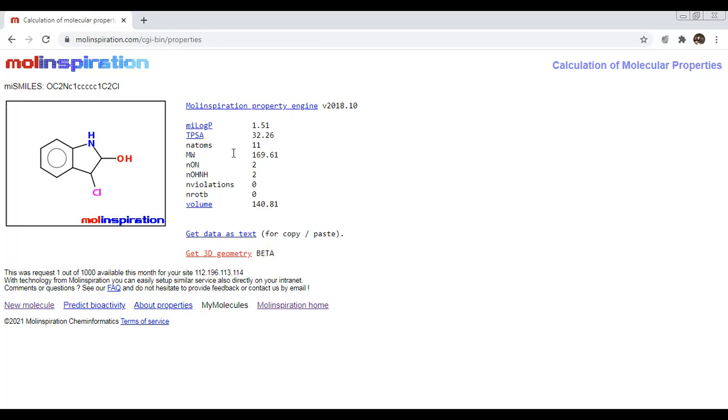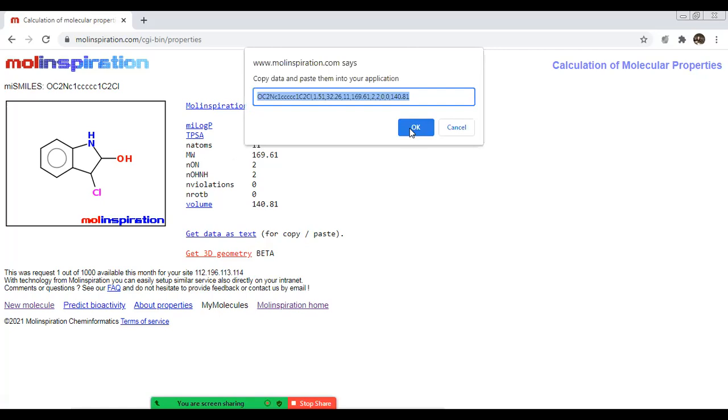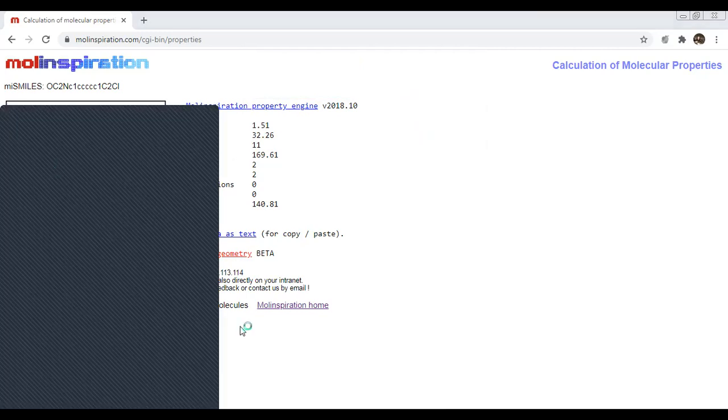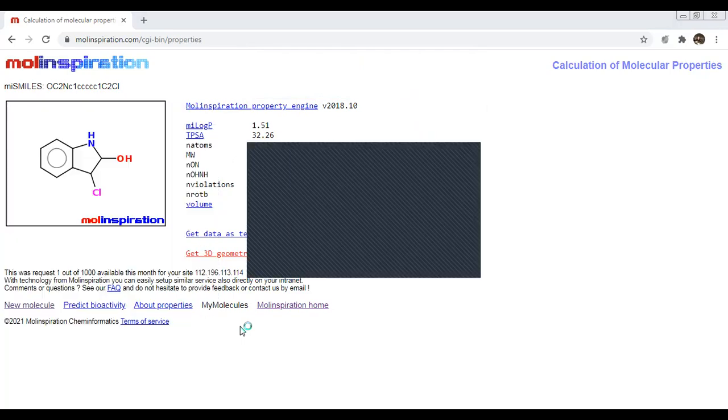And these properties, you can use for the development of the QSAR model or QSPR model, or you can use these properties for ligand-based drug design also. Fine. If you want to have the text, just mention here text. Fine. It looks like this. After that, you need to save it. Okay. Or after that, just open any Word document and save these things here.